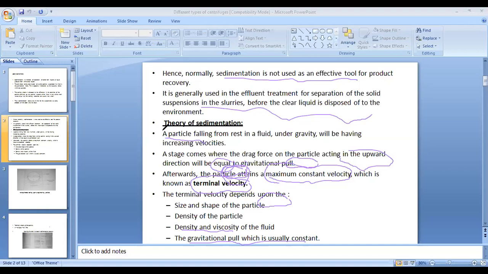The first important one is the gravitational force. Based on gravitation only, sedimentation occurs. Terminal velocity occurs when the upward force and the downward force become equal, and at that time it gets the terminal velocity. The terminal velocity mainly depends on these important points. Then next we'll see